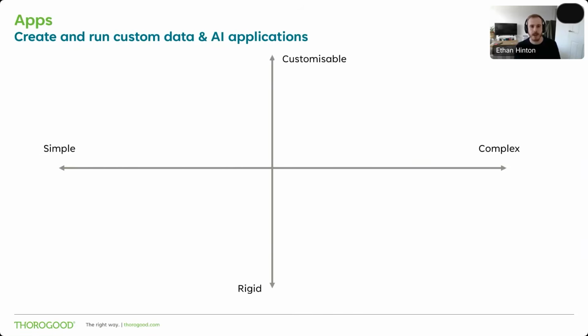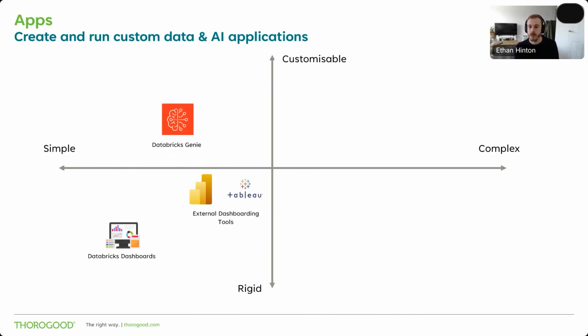is Databricks Apps. So when choosing how to develop tools for users to interact with the data in your organization, there's a scale which we can plot various tools on, which balances simplicity and customizability. And we can plot some of the tools that we've already talked about on these axes. We can put Databricks dashboards on the side of the more simplistic to work with, but quite rigid in functionality, with external dashboarding tools being only slightly more flexible, as these tools don't allow custom interactions with data or data